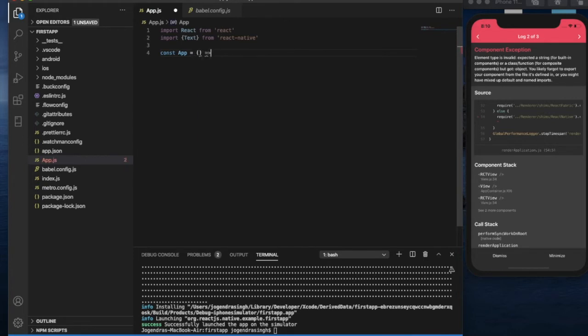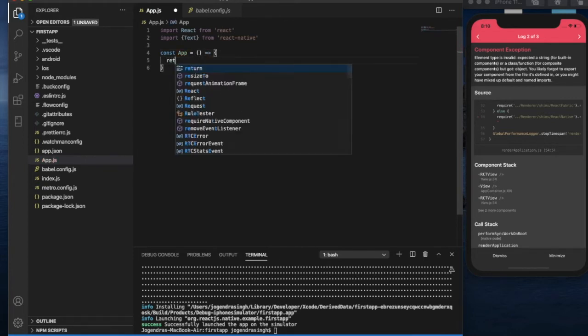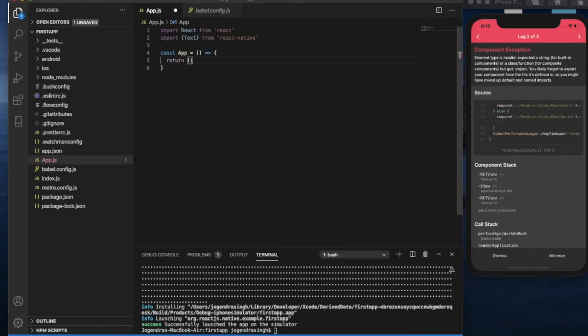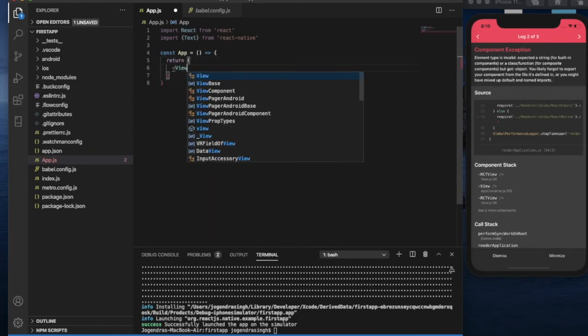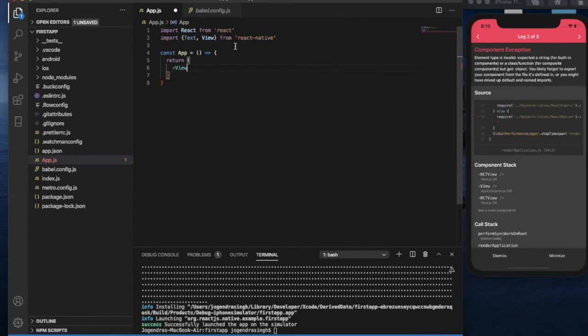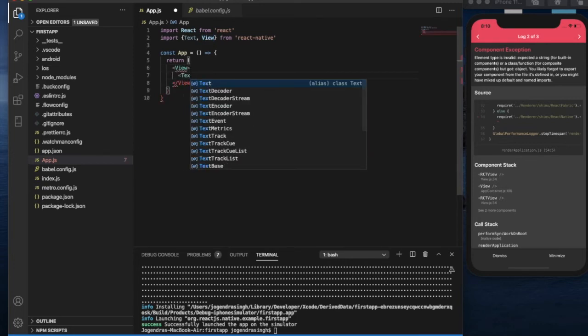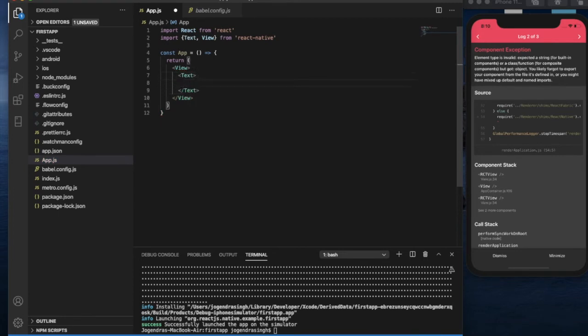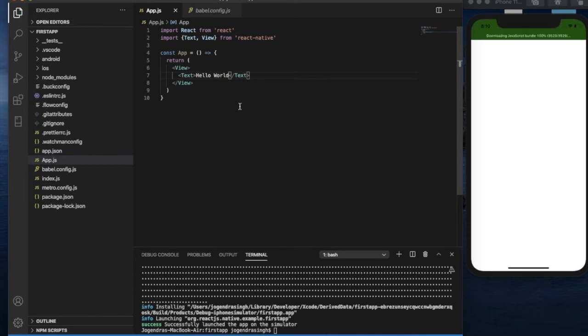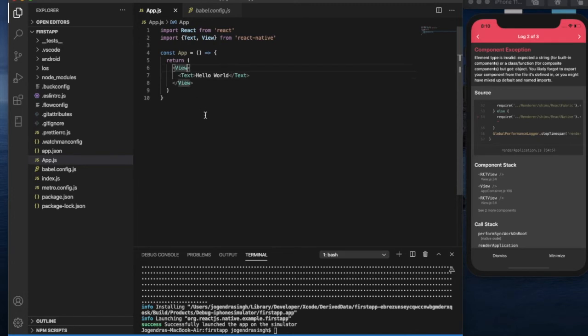I'm writing here, this is our first component. I'm returning a view. Here I am creating my first View. If I write View here, it is automatically imported from React Native. In this I am writing Text, and here I am writing hello world. It will not work yet because I need to export it, and first I need to set the view style.